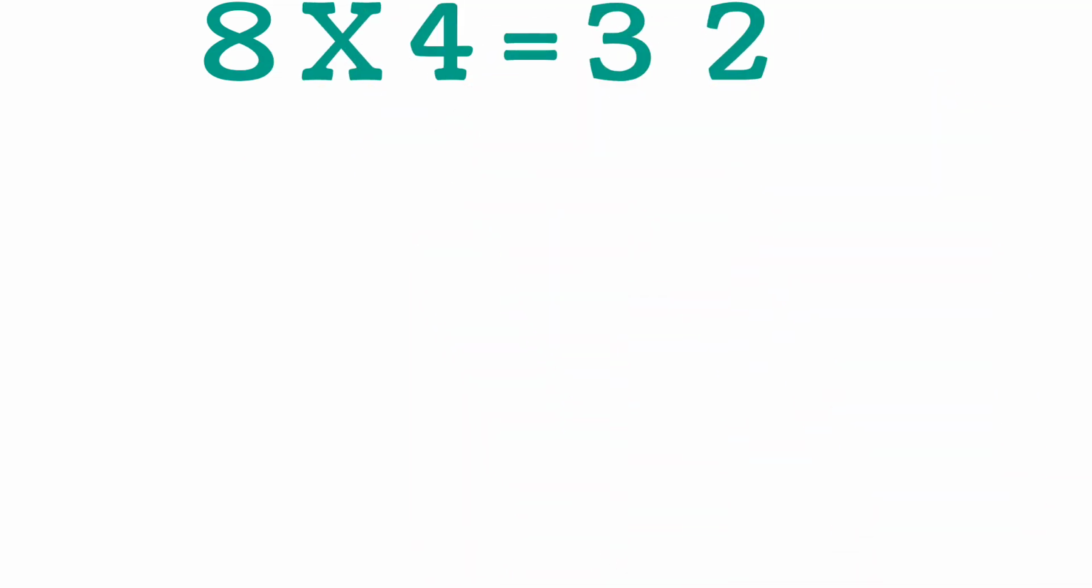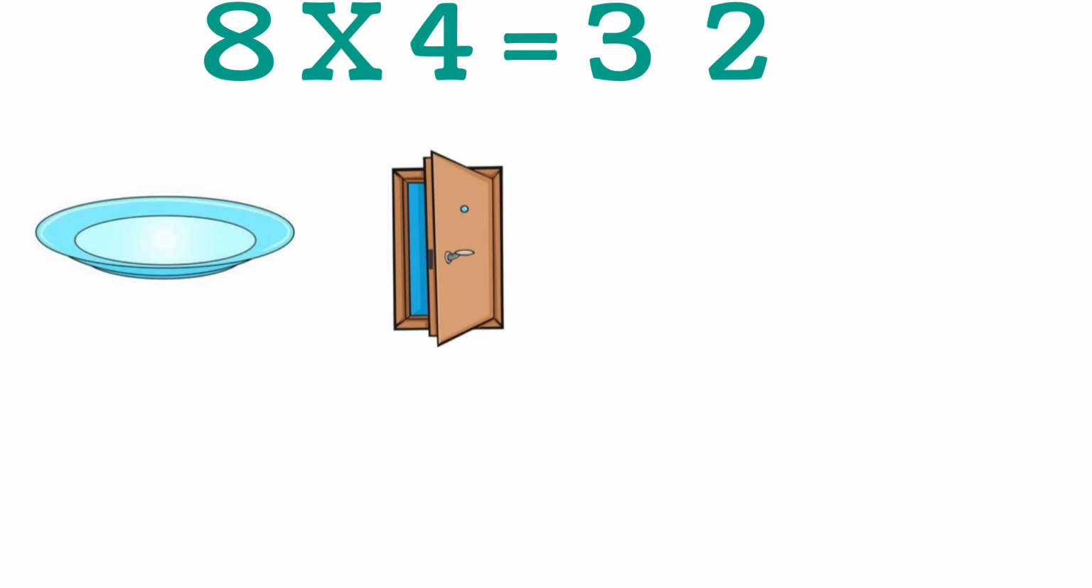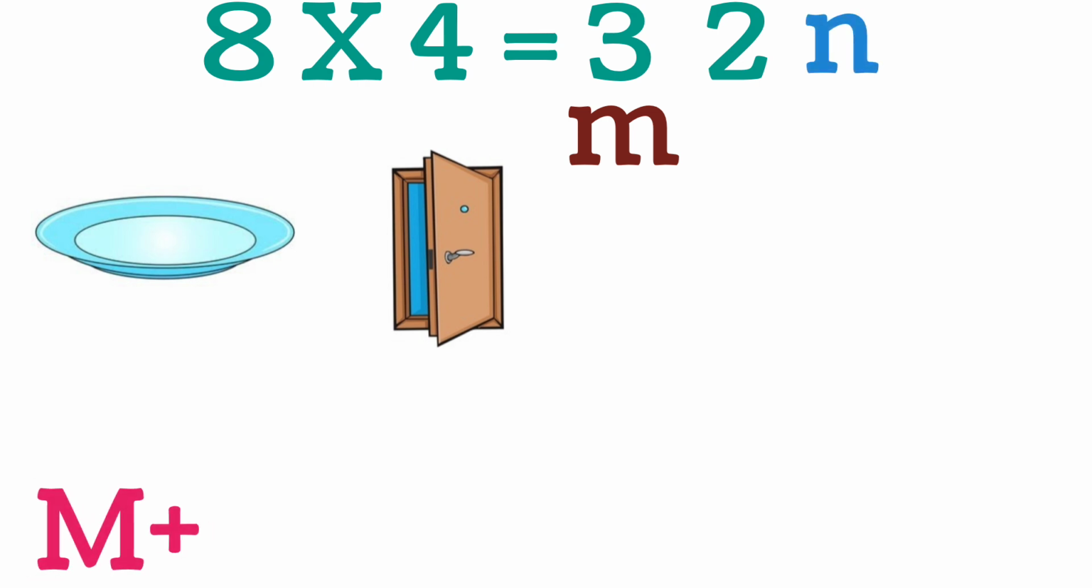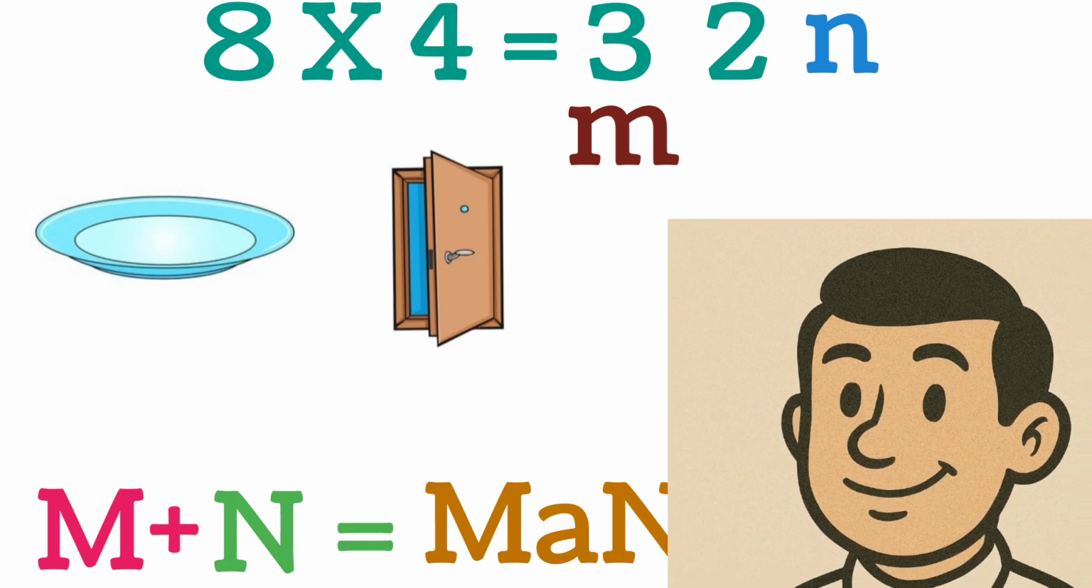Listen carefully. 8's rhyme is plate. 4's rhyme is door. Do you remember our number codes? The code for 3 was M and the code for 2 was N. When we join M and N, it becomes the word man. Now imagine, children,